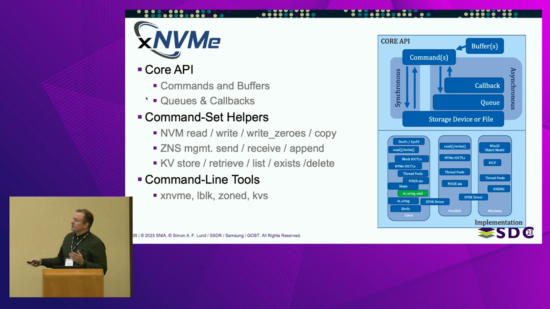And what I mean here by blocking is that you construct the command. If you're used to IOU ring, you prep a command and then you submit it. So here in xNVMe, you prep your command and send it in a blocking fashion, wait for it to complete, and then it comes back up again. So your thread is blocked. And in the non-blocking manner, you prep your command, you submit it, and then your thread can go and do something else. Then when you're ready to receive the result, it goes through a queue where a callback function is invoked. So that's the infrastructure provided by xNVMe: you don't have to think about anything else than commands, the payloads for your commands, and